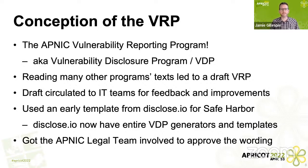And this was becoming a large problem as there were a few high-profile incidents where security researchers were doing the right thing with other companies. They were contacting them, they were telling them about vulnerabilities they'd found, and those companies had actually sent legal notices to them telling them that they were being sued for illegal breach of their systems or illegal activity on their systems. It got to the point where a lot of security researchers were having a chilling effect on them, so that they were no longer reporting security vulnerabilities to companies that didn't have a vulnerability program. Some other security researchers were going to extreme lengths of using VPNs and Tor and other anonymizers and anonymous email addresses